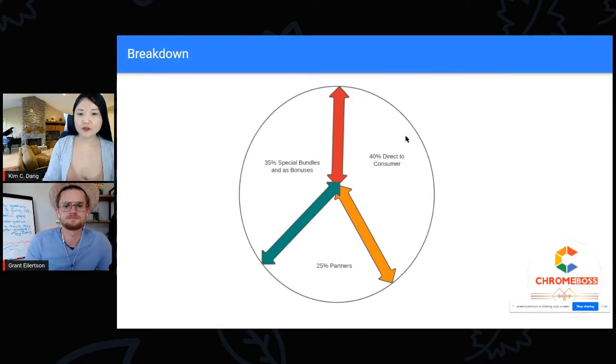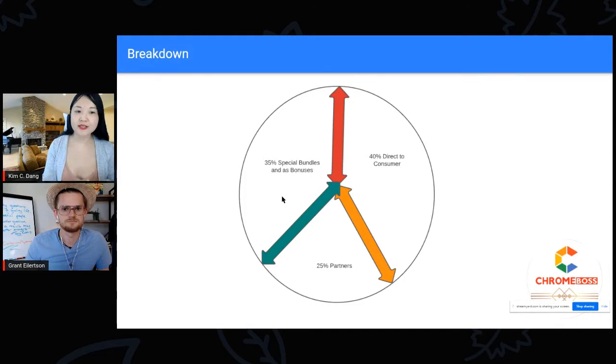So to break it down, 40% will be direct to consumer, which is directly like $10 a month, $97 a month. Some of my clients charge $97 just for one license, which is I'm a business and I sell it to you as a consumer. You can be a business too. So it could be business to business or business to consumer, but just one license. And then 25% is based upon partnerships, which is more than one license and more than one copy. When I say license, I mean a copy of a screen name and a password, just more of that for your organization.